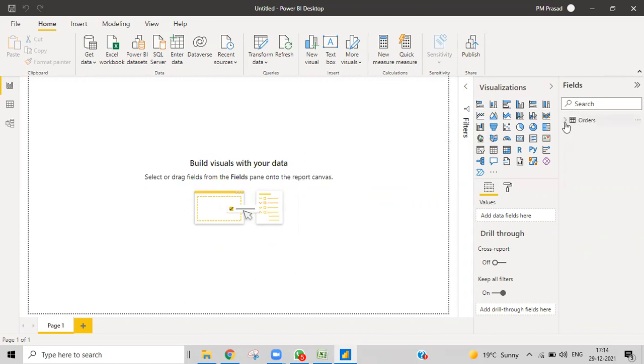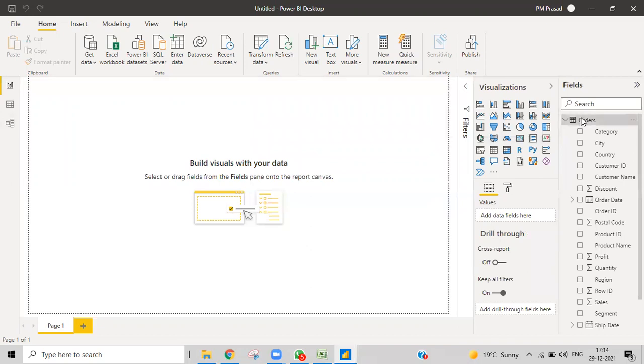Okay, I got my data, and we already know what the data is. Then from here, I want to create a new measure.